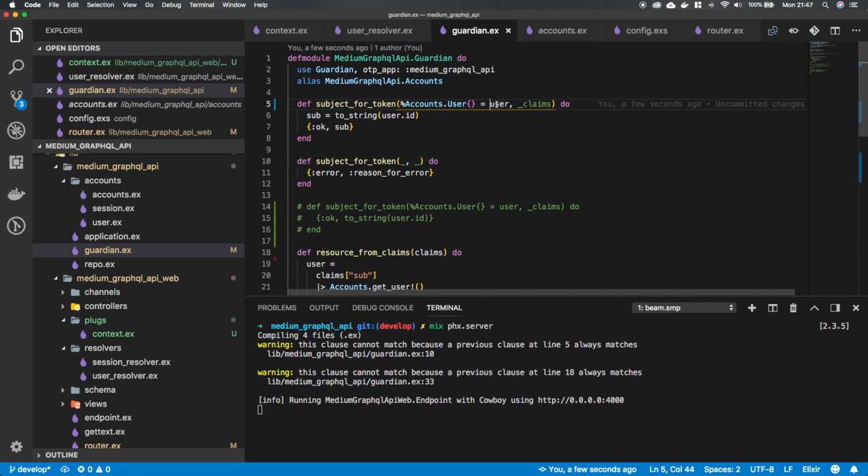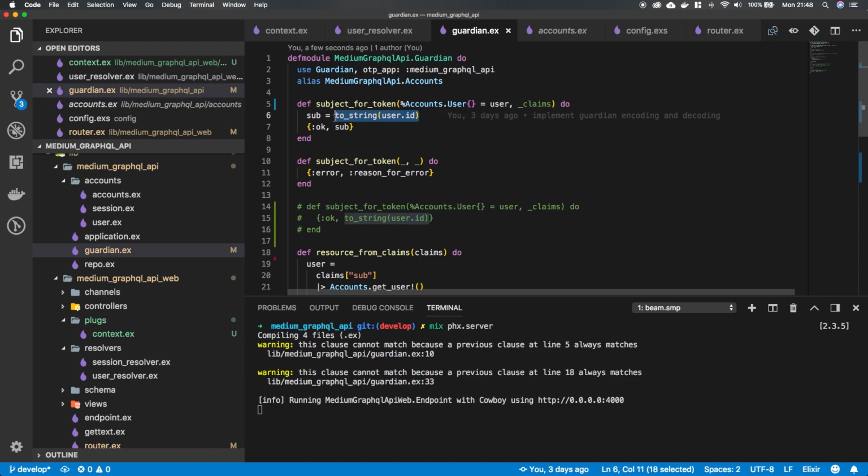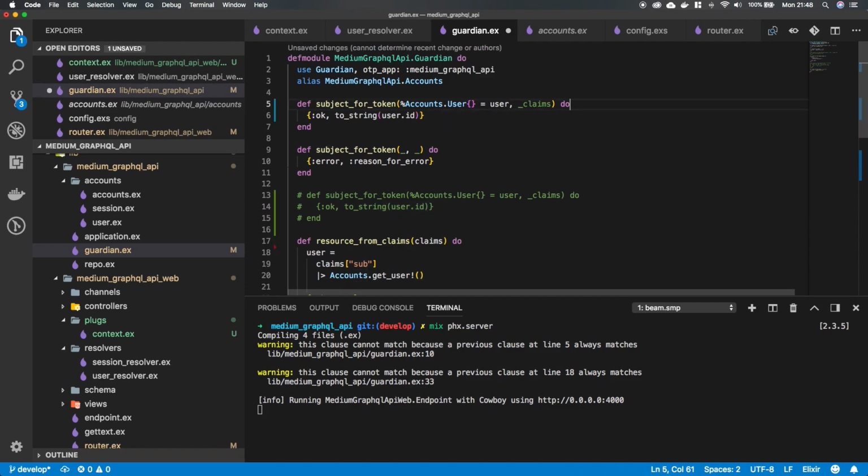So now it will only run this function if the argument that we provide matches this pattern. And we can put this on one line. So we can say, okay, return toString of the user ID, so we can remove this, so that's a lot cleaner. And let's get rid of that